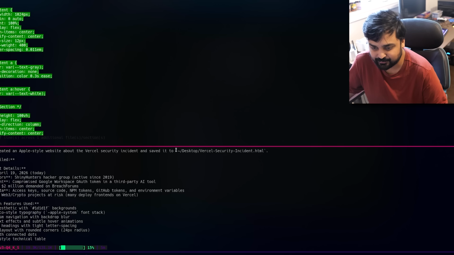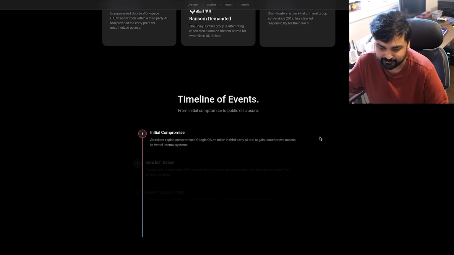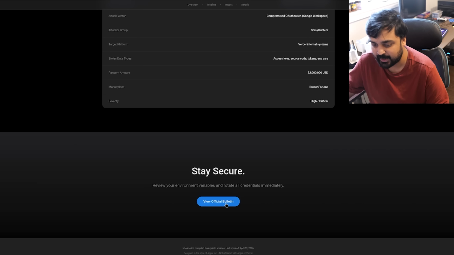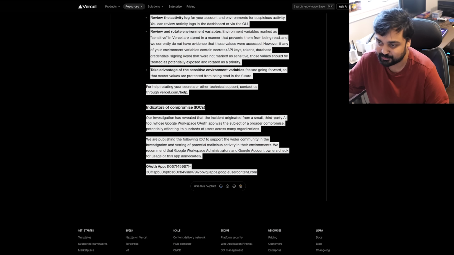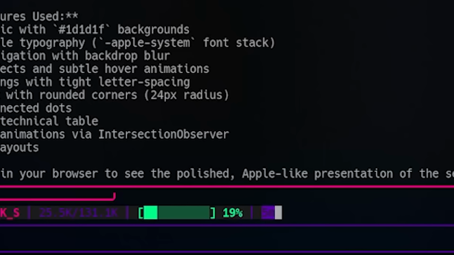After all of this, it actually did generate that website for us. And how does it look? Well, let's check it out really quickly. Here it is. A security incident actually gave up all this information, and it made it look pretty clean. Now, how much of this information is true? I think it's entirely up to you to verify it through the actual website it pulled this information from. But if you ever wonder how people generate these AI slop websites this rapidly, well, if you thought this was long, this took around 5 minutes on the actual AI. In reality, it's probably going to take less than that if you fire it up through Claude, right?